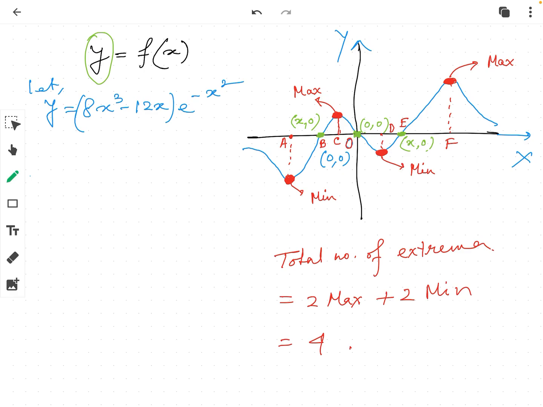Now, how to find the values of x and y where this maxima and minima are taking place? To find the value of maxima and minima, we need to take the derivative of